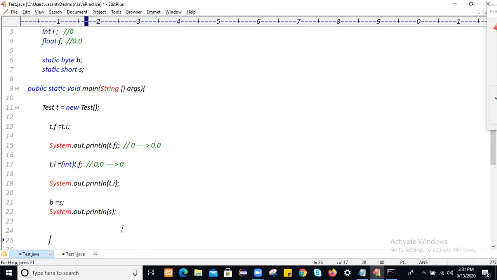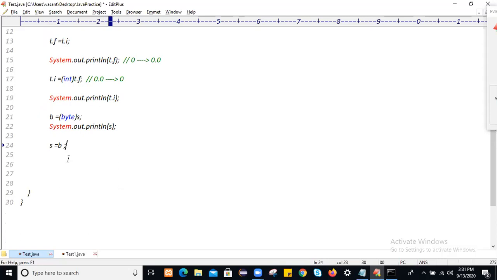Similarly, short is 2 bytes of data and byte is 1 byte of data. When you are trying to convert 2 bytes into 1 byte, always perform typecasting. Bigger into smaller, perform typecasting. Whereas smaller into bigger is not an issue, you can easily store it.